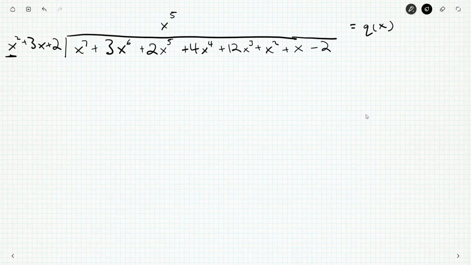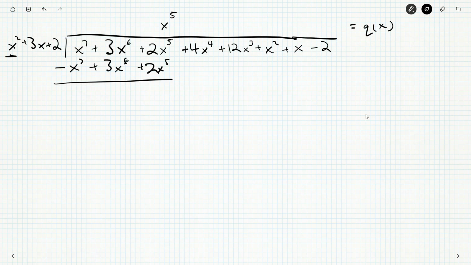Okay. Once we've written this with any coefficients that are needed, we then multiply through. So x to the 5 times our divisor here, we get x to the 7, plus 3x times x to the 5 is 3x to the 6. Plus 2 is 2x to the 5. And then, like regular division, we subtract. Okay? We get nothing, nothing, and nothing. And then we bring down our next